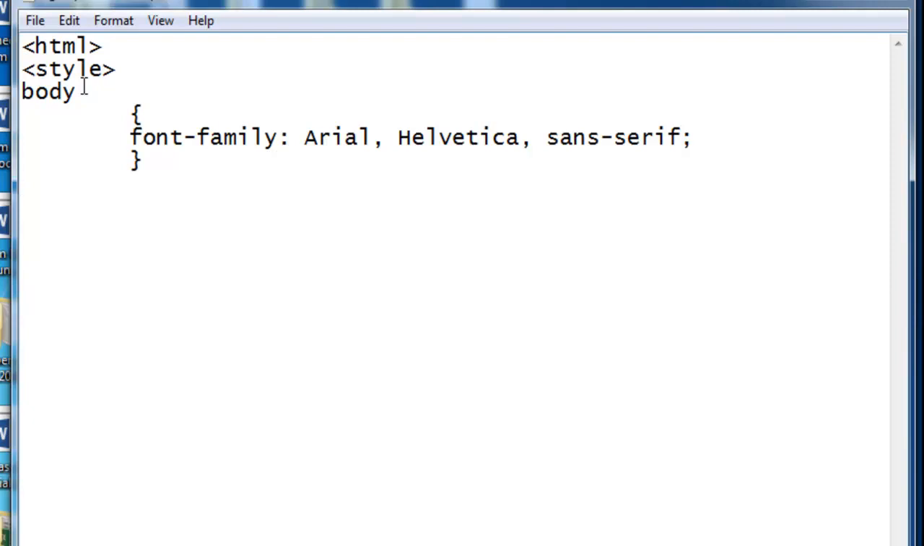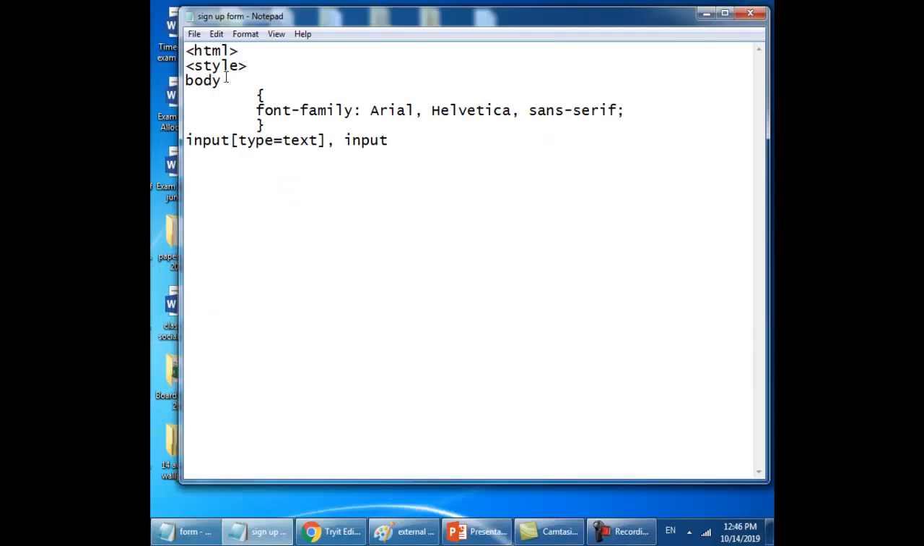Now we'll be creating four input fields, input type equals to text, and with a comma, input, and type equals to password. And for this our CSS will be, I have to give it a width of